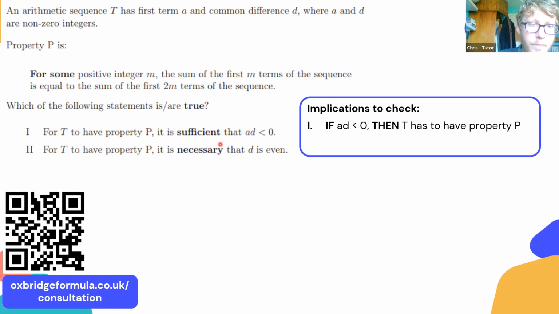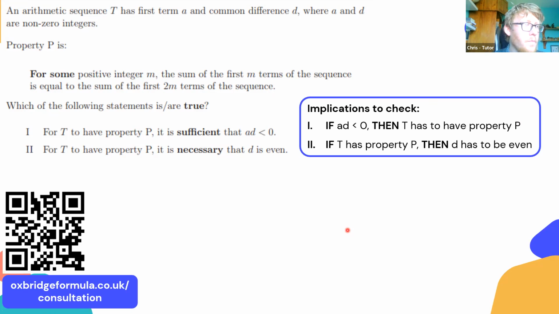That's what we're checking. And then number 2 is the other way around, because it's a necessary condition, and necessary conditions come at the end. So we're stressing the end there. We want to check: if T has property P, then D has to be even. Is that true? So that's what we need to check. And